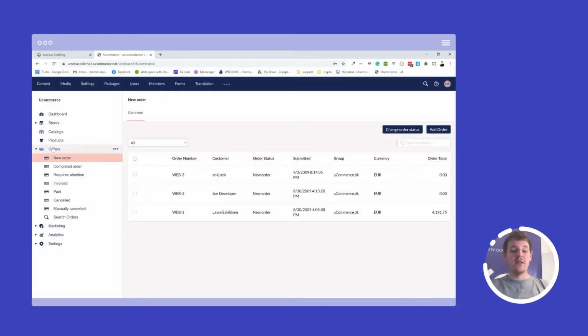Under the order section, I can expand the node here and see all the different order statuses that are relevant for my business. This is what e-commerce ships with out of the box, and that does not necessarily mean that it matches what you need. Luckily, in e-commerce you can define your own order statuses and define how it looks in the back office. So there may be order statuses that you don't want to show. For example, baskets are hidden per default because there is probably a ton of them, and you are not necessarily interested, as a store manager, in reviewing every one of those.